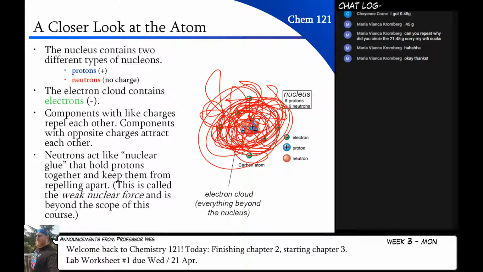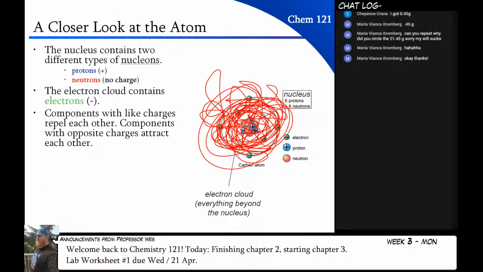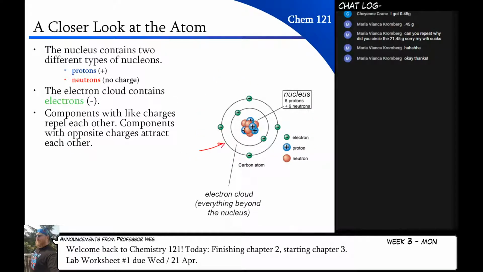So when you see the electrons, let me hide that real quick. When you see these constrained rings in these drawings, we're going to sort of ignore the fact that they are shown like this, because electrons don't live on constrained rings. They're not like planets, how our planets orbit the sun on an orbit that's very regular. Like we have a year that's a very regular amount of time, because it takes almost exactly the same amount of time